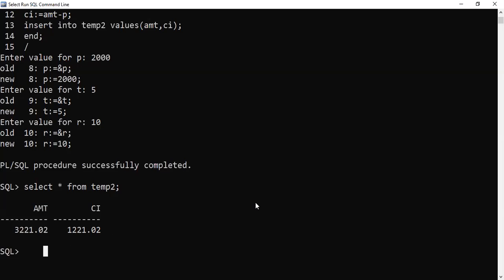Now the same program, you can use power function, or you can also use one more symbol. I will just show you that. You can give 2 stars.